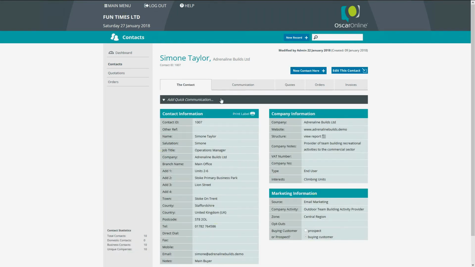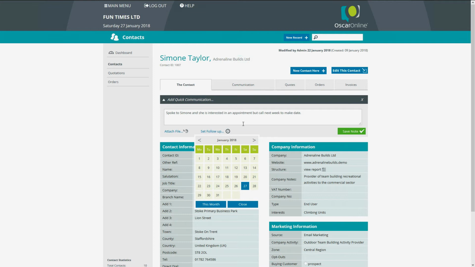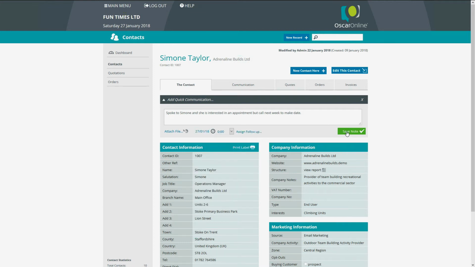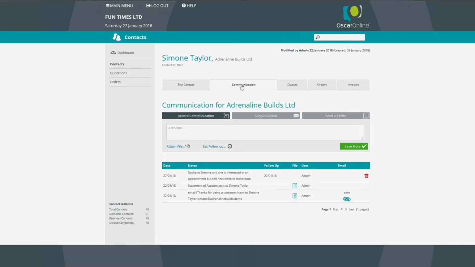So let's just do a quick communication. This is a handy tool for if you're speaking to the contact on the phone and you just need to make a note of what's been said. So we can say, spoke to Simone, she's interested in an appointment, but call next week to make date, just as an example. Alright, let's pretend for a moment that we're scheduling a follow-up for next week. That's actually today's date. And let's just save this note. There we are, saved. So if we check communications, there's our note saved there,